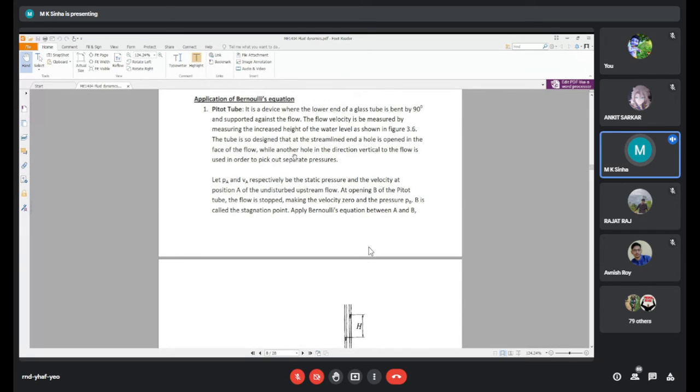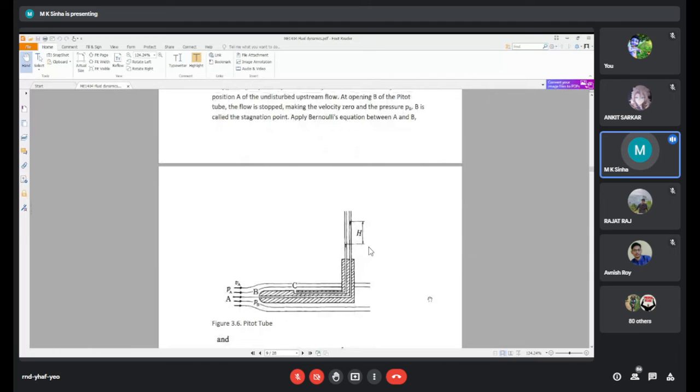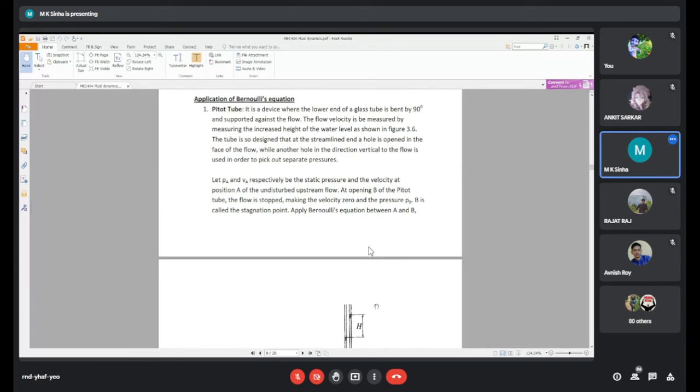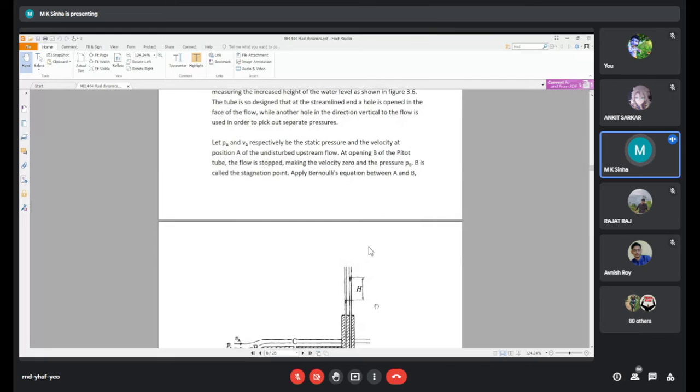So the tube is so designed that at the streamline the hole is open in face of the flow, while another in the direction vertical to the flow is used in order to pick out the separate pressure. So C at the free stream flow and B at the stagnant, that is at entering through the system. So let PA and